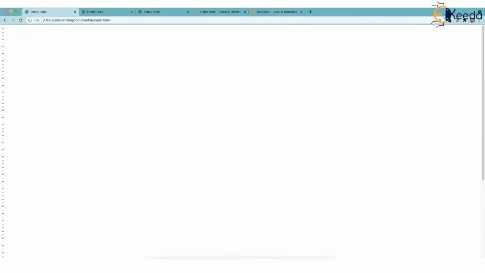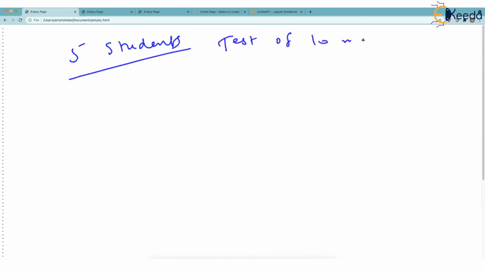Now notice, many times there is confusion between the mean and the central point. Let us take an example. Suppose 5 students appear in a test, and let's say the test is of 10 marks. These are the marks scored by various students: 5, 8, 10, this girl scored 10 out of 10, then 3, and let's say the next is 7. These are the marks.